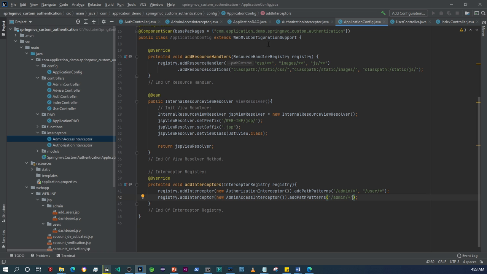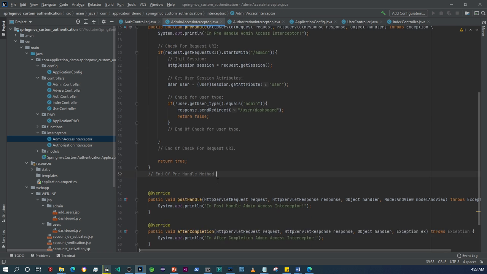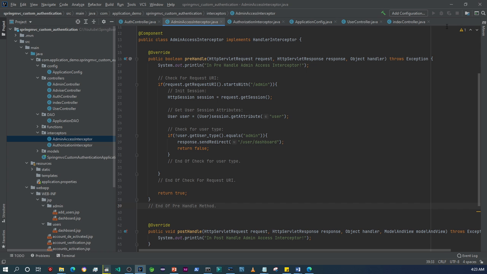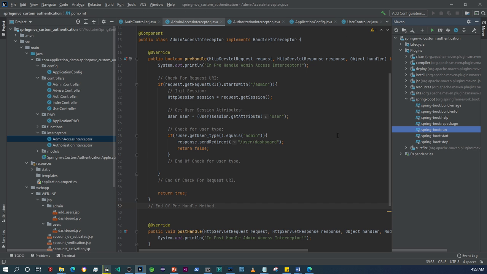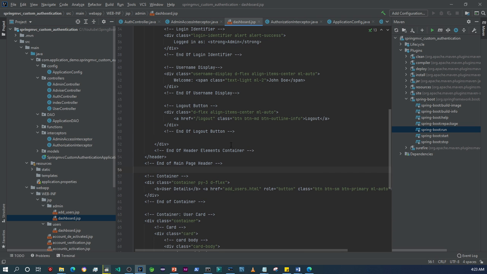So now I think we can proceed to test out the application. I think that's all we need, so let me just run the server. Oh, by the way, just to be sure that we are getting our session attributes, what I want to do here is actually display the user's name. So it will be user.get